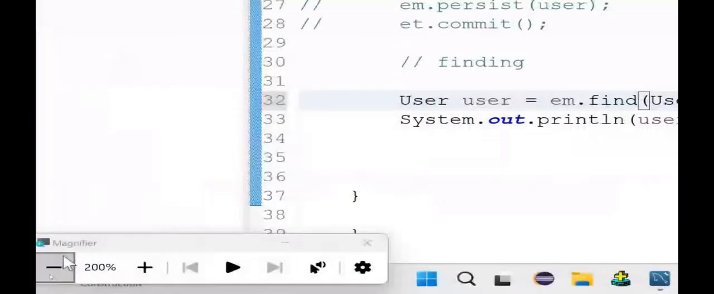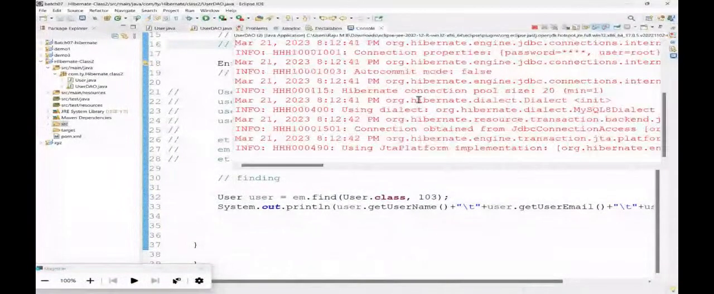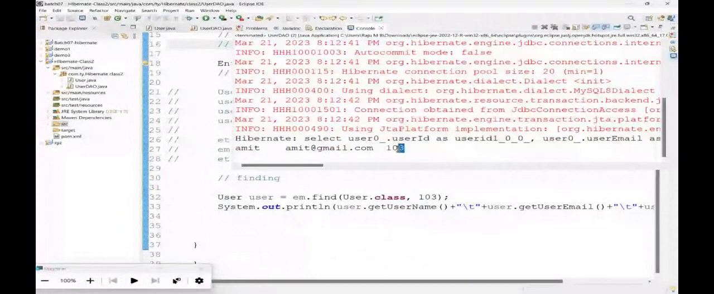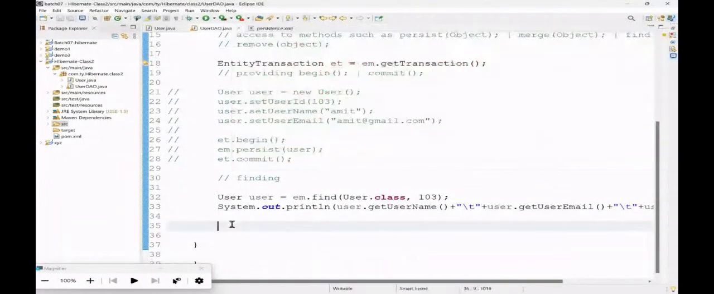Let's say I want to get a person with ID 103. I'll just zoom out and save this. Let me run it and see what we get. And you can see here, I have got a person called Amit with a Gmail ID, amit@gmail.com. So this is how you